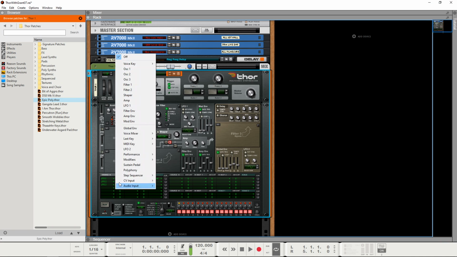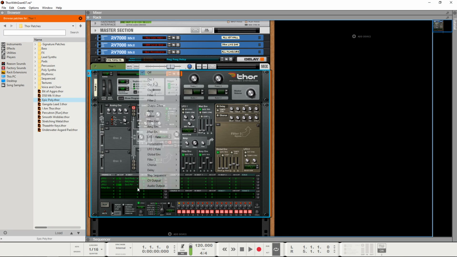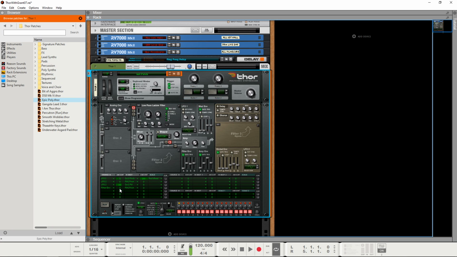So if we get the filter envelope and we send that to the filter frequency, but go into negative modulation, so that's quite slow. So if we make the initial decay quite fast,